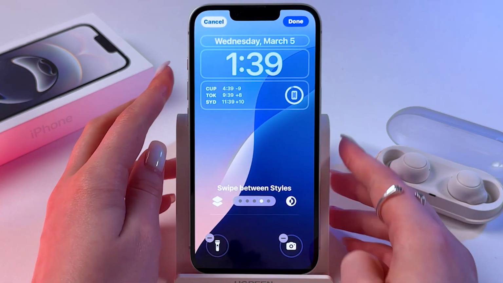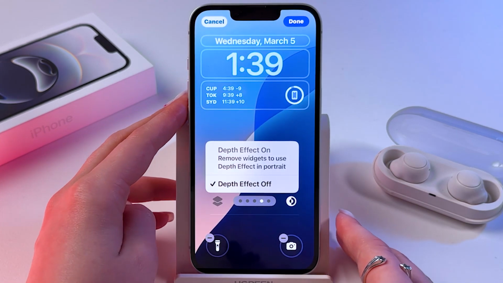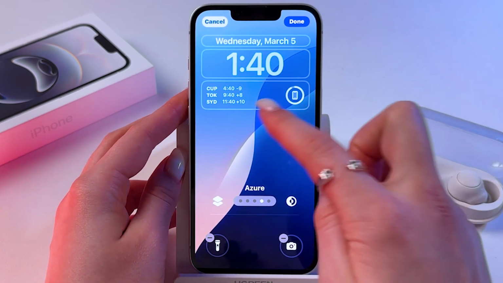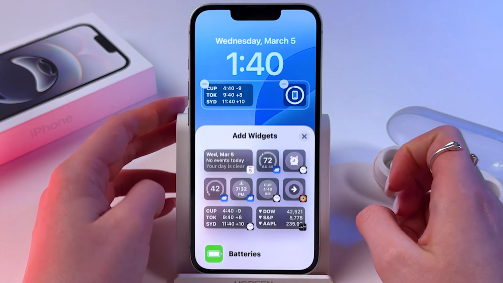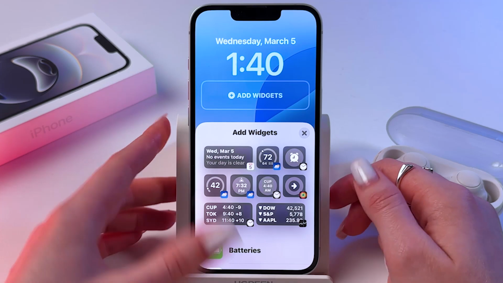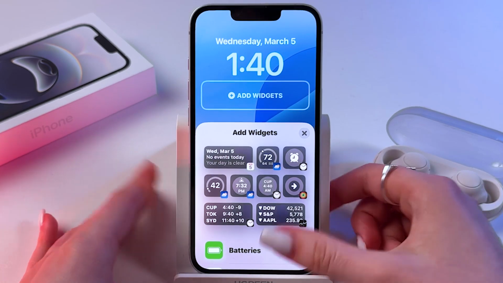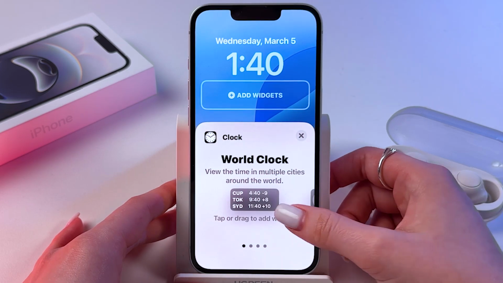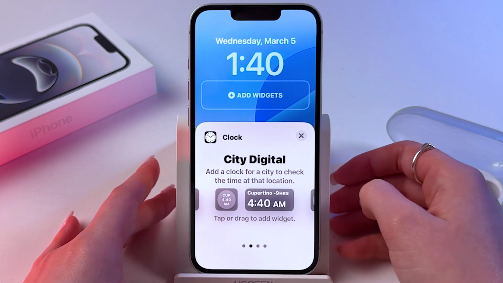Then of course choose your lock screen, and if you want to you can disable depth effect because we need to set widgets. So I'm gonna click here, remove my current widgets. And now to add dual clock, we need to scroll a bit down, choose clock option, swipe left and select